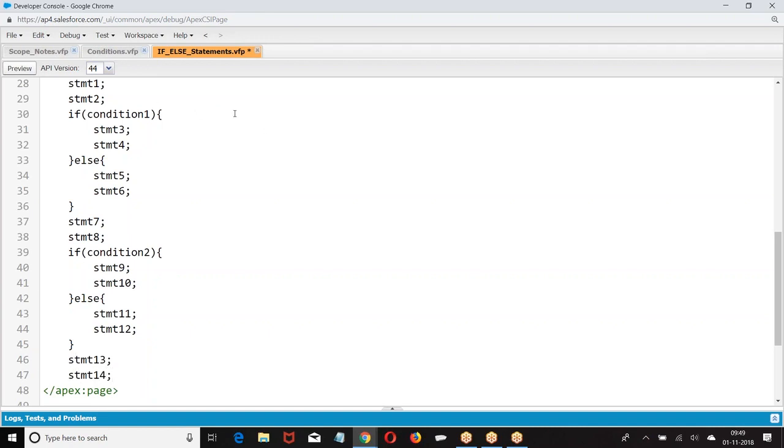Okay. Now let us look at this. This is my program. Condition 1 true, condition 2, both the conditions are true. Then what is the output? Tell me now. If both are true, 1, 2, 3, 4, 7, 8.